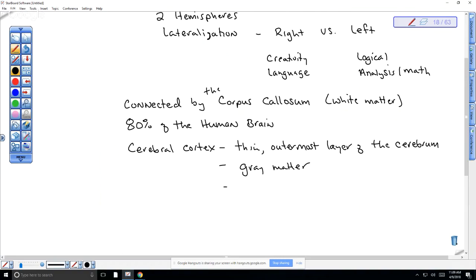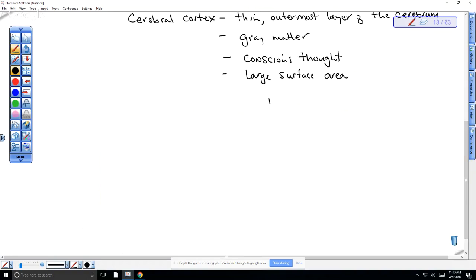Okay, so this is what is responsible for conscious thought. This also has a large surface area, and the reason why it has this large surface area is because of the ridges,